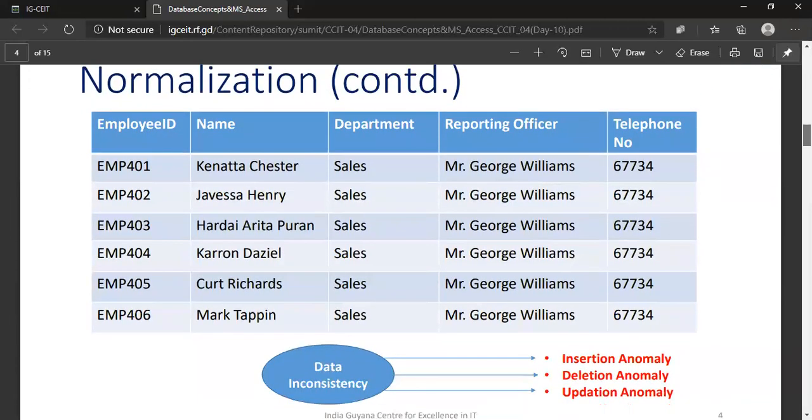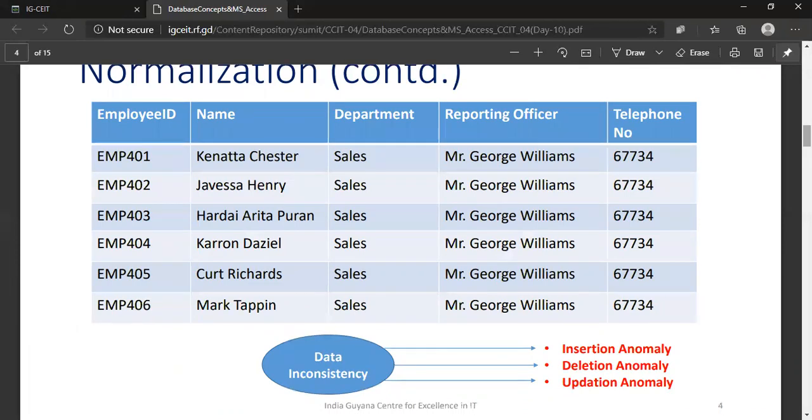Let's move to the next slide. If you see in this table, we have 5 columns here. We have employee ID, name, department, reporting officer, and telephone number. You will notice the reporting officer for all the employees is the same, that is Mr. George Williams.